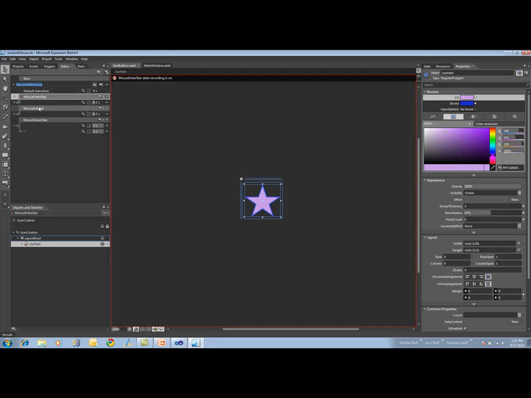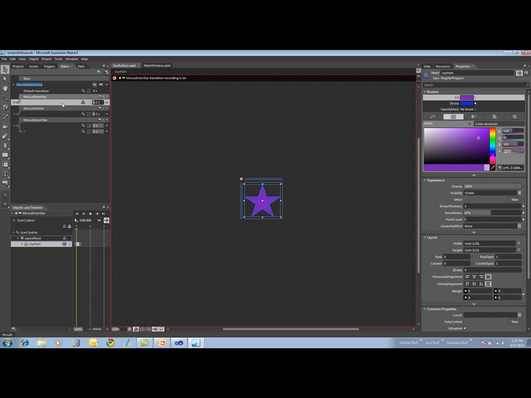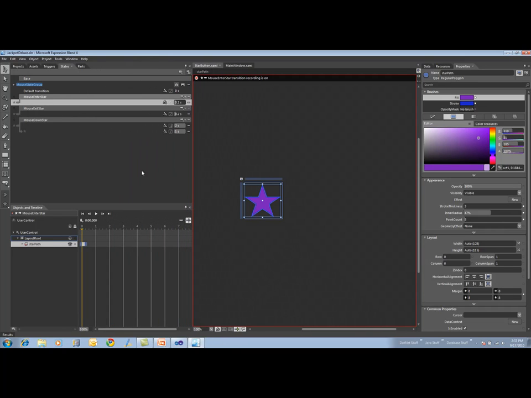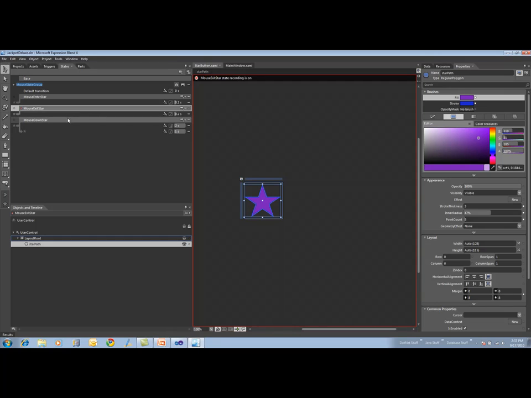I could have called that foo bar quaz. That wouldn't matter. Okay? So for each one of these visual states, what you're essentially going to do is you're going to make a brand new storyboard. Right? So up here, you can add the state. That's how we get this guy here. And if any of you have worked with the Storyboard Editor of Blend before, that's what we see going on down here. Right? So I can pick a state,